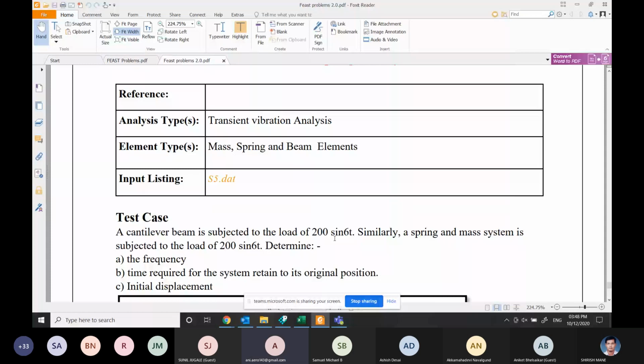So, okay, we'll move on to the second problem. Let us consider you are doing an experiment on a cantilever beam. That beam is attached to one side, that means it is fixed on one side.